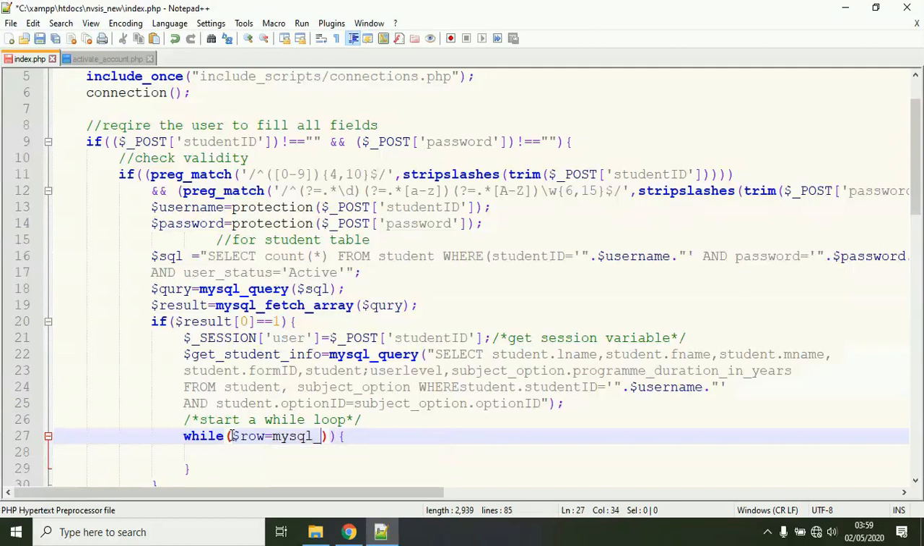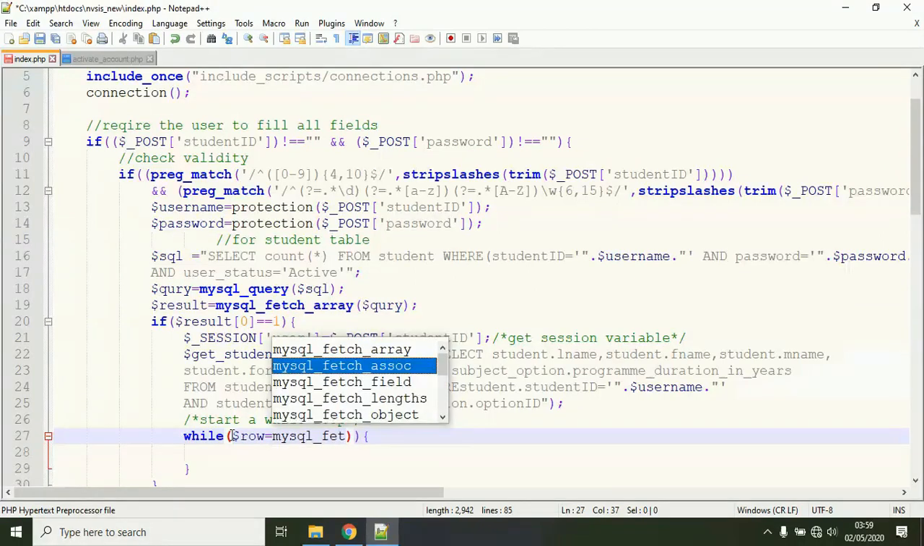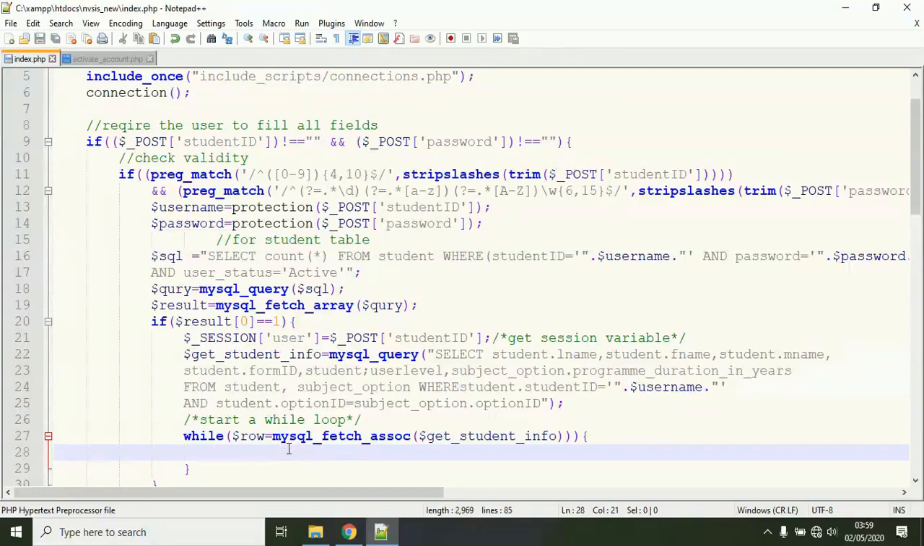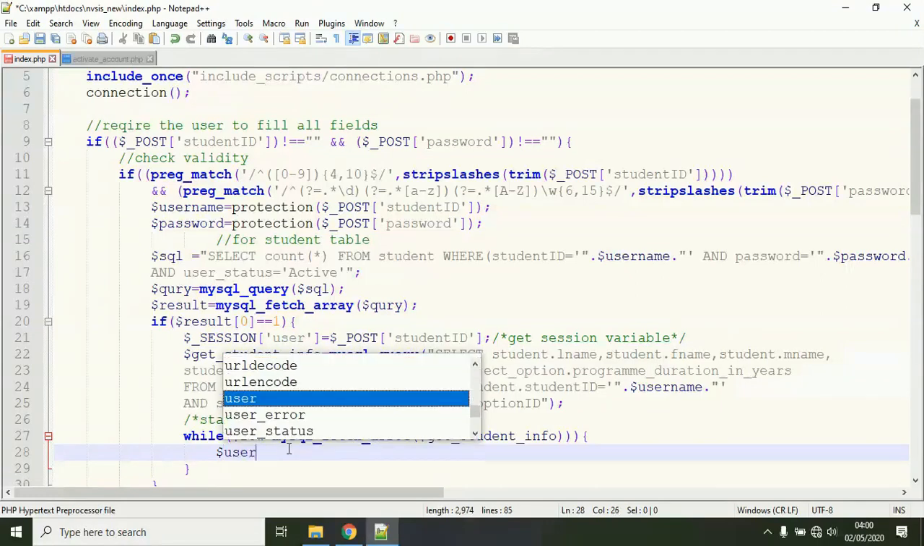MySQL not affected. Fetch associate, this one here, and this one here should take from this one here, the student get info. Student get info, and now inside this one here, get what if it is related. Now we store the user label